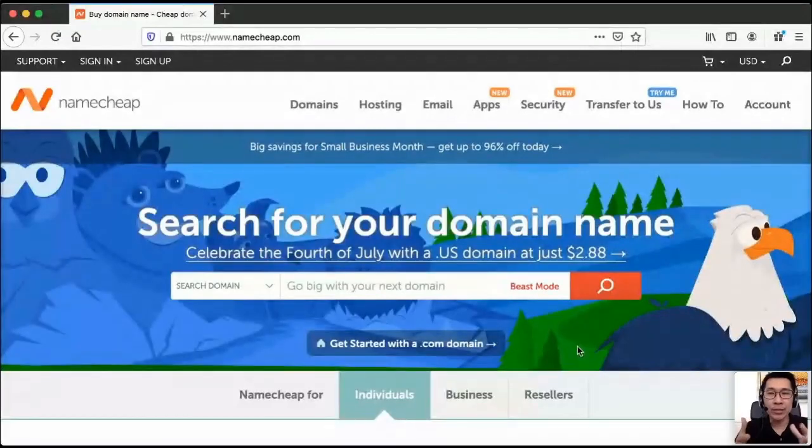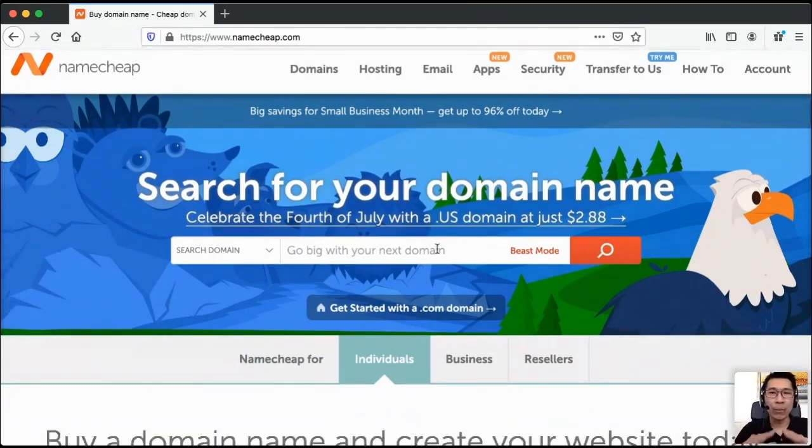This is how it looks. The interface may change if you're watching this through the recording. If somehow you purchased this recording and you're watching this as a recording, I just want you to know that this design may change. It may not be an eagle. It's an eagle here right now, probably because it's 4th of July. So don't panic if you see something different. The only thing that you want is basically this part here to key in your domain name, okay?